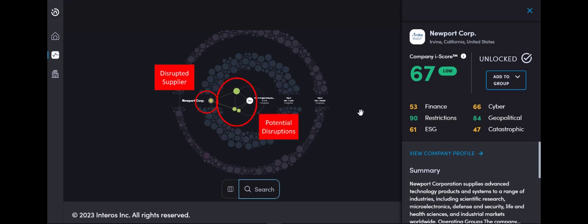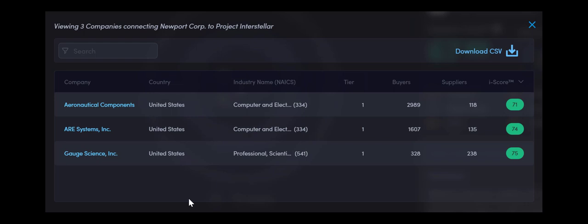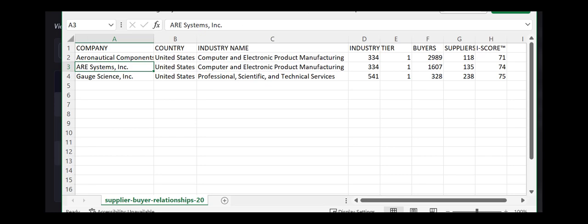Now that you have your focused list of suppliers, you can export your target list, or use Interos' native integrations into supplier management or other risk solutions to kick off emergency response plans and reduce the impact of the disruption